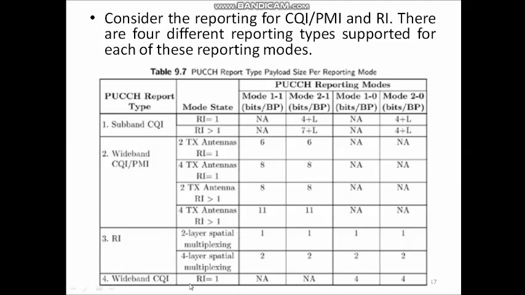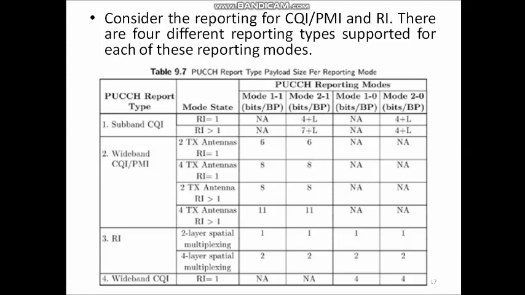In user equipment selected subband CQI, a CQI report describes the channel quality in a particular part of the bandwidth, whereas in wideband CQI, a CQI report describes the channel quality over the set S of all the subbands.